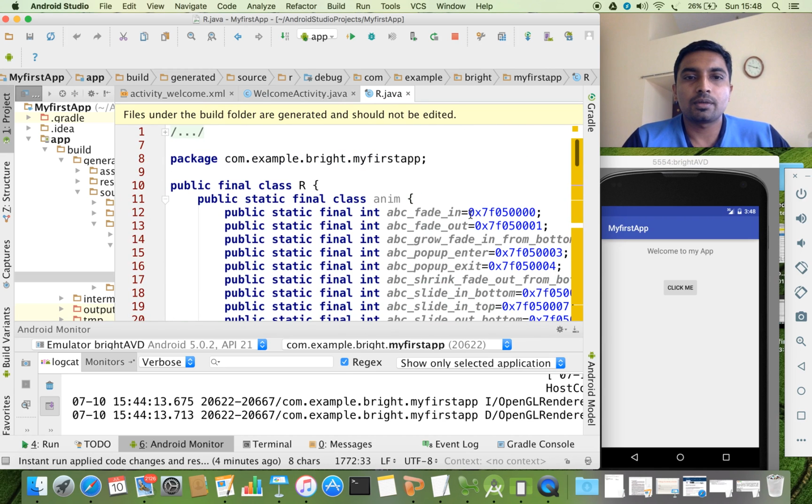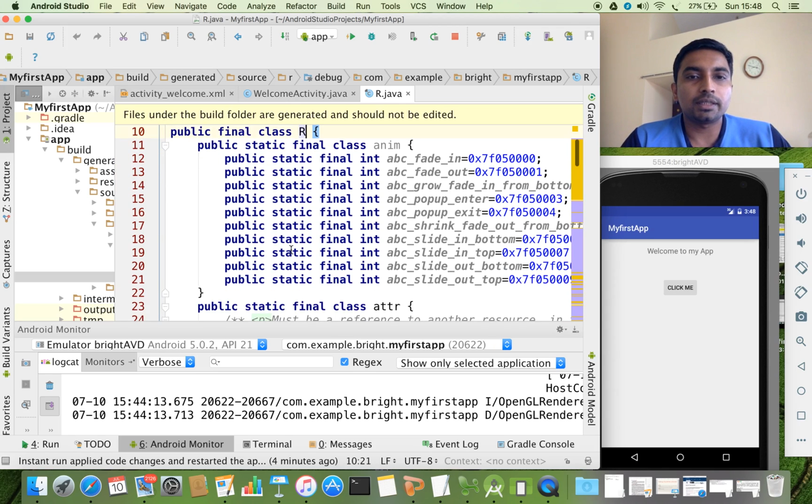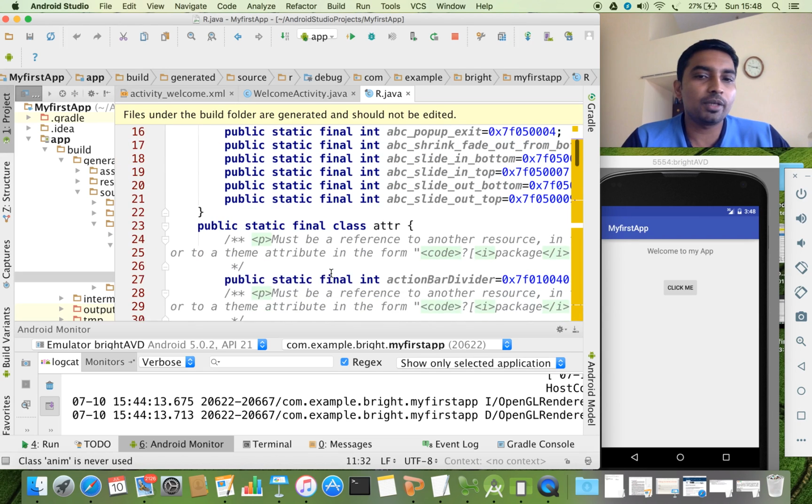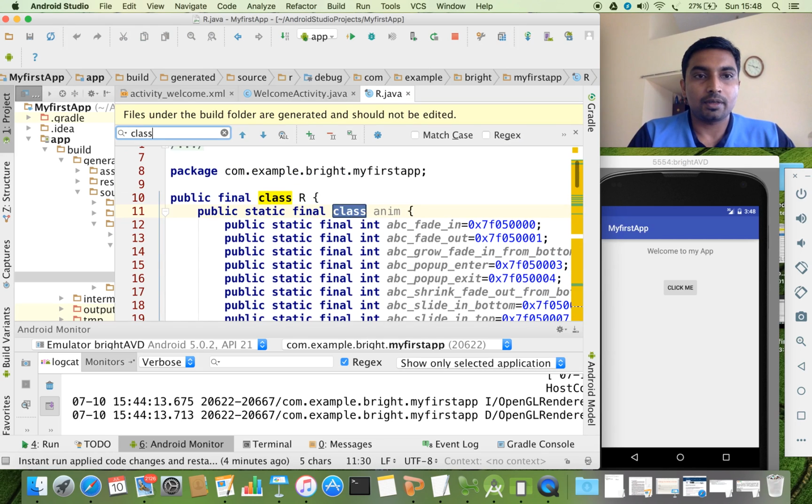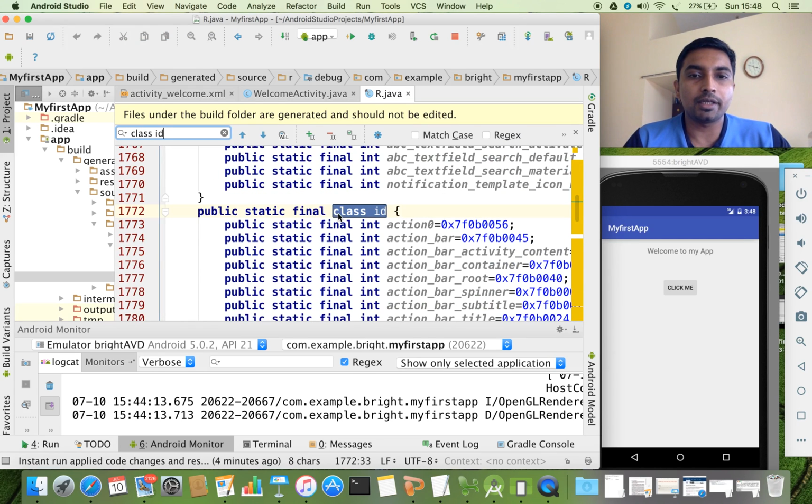If you see here, this is a final class, and the files under the build folder are generated and should not be edited. Don't try to edit here, it may lead to errors. In the R class there are so many nested classes. You can see a class called anim. Automatically all these are generated. Here you can see another nested class called id. You can see this id class is a static member of the class R. Remember,